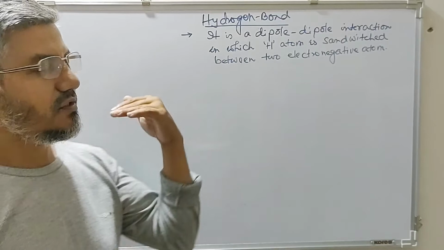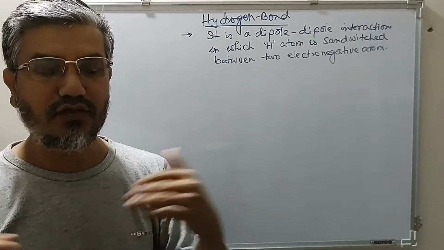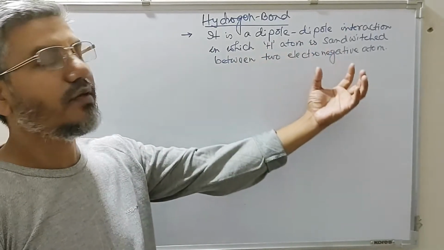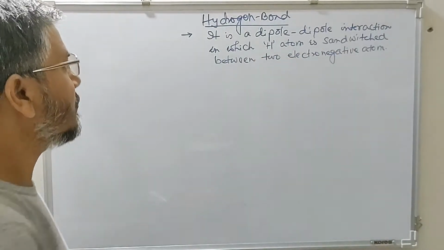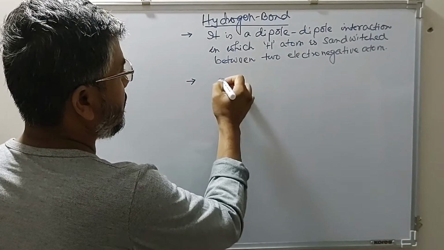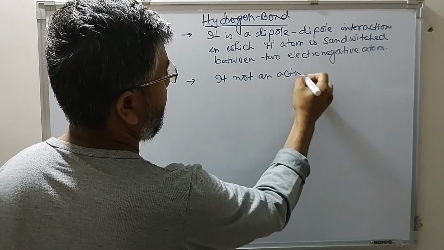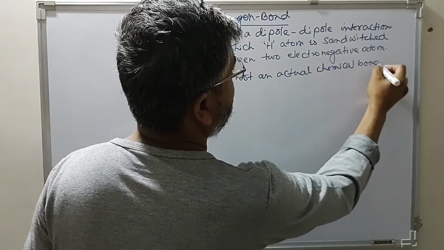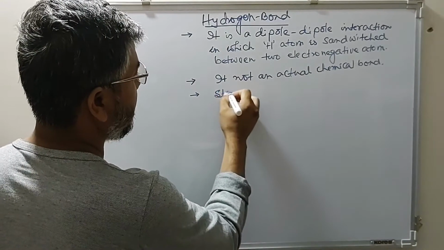So already the hydrogen is covalently bonded to another electronegative atom, and that hydrogen is sandwiched between two electronegative atoms. So that hydrogen forms a dipole-dipole type interaction, which is known as hydrogen bond. So as I told you, it is not an actual chemical bond. Since this is not an actual chemical bond, the strength of hydrogen bond